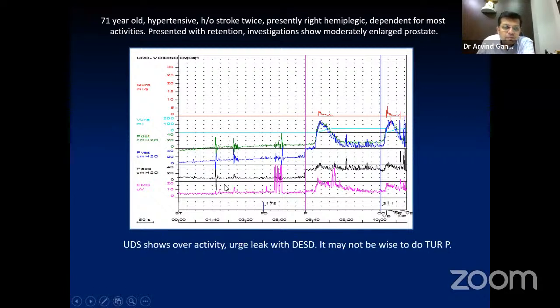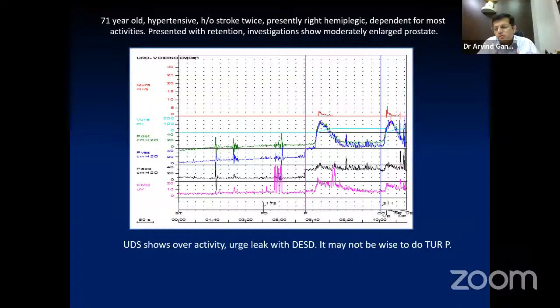You see that the cough impulse is very synergistic. It is transmitted in all the 3 lines. So there is no calibration problem. But the significant finding, let us go flashback to our initial slides wherein we were interpreting the EMG graphs in the physiology of micturition. You see that when the patient is voiding, he should actually have the EMG tracing silent, but you see that the EMG has gone completely out of control. So that means that there is some amount of detrusor sphincter dyssynergia.